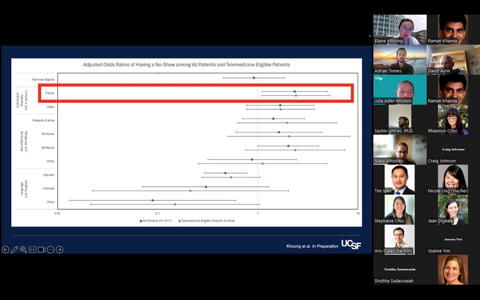And what we found is that relative to in-person visits, people who were scheduled for a phone visit were more likely to no show, which I think we thought was a little bit surprising and was not our initial hypothesis about how that would go. And when we interviewed folks and asked them about their decision making process for choosing a type of visit,